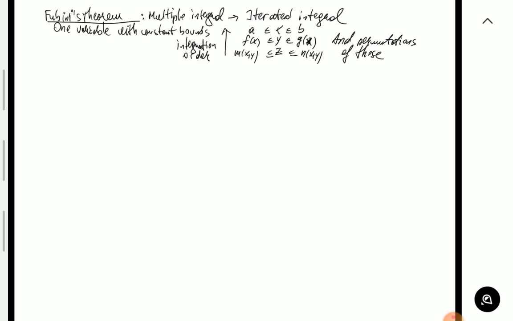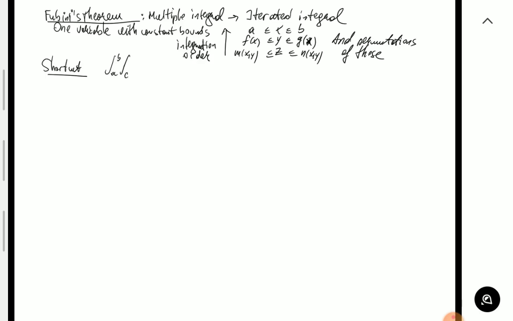So the integration order is from the inside out, and you always have the constant bounds on the outside. Obviously, if all bounds are constant, you can integrate in any order you want. And also remember the shortcut, for example in the case of a triple integral, if